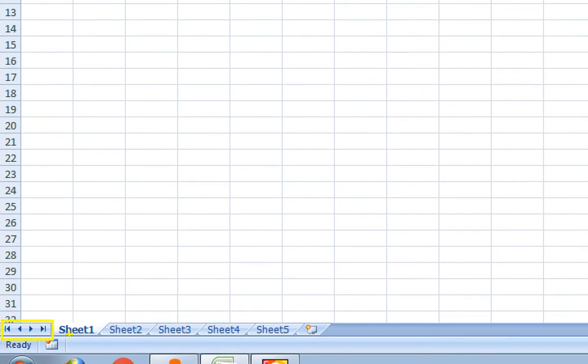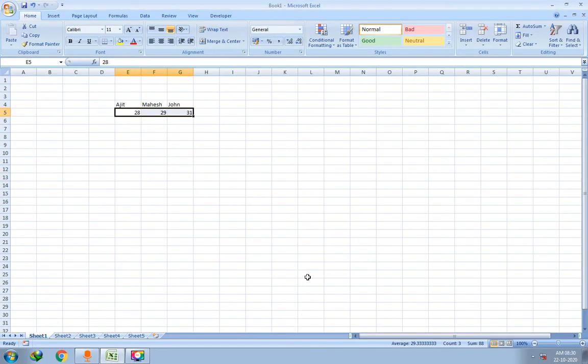I think it is because of the recording demo. When I stop the recording, you may try this. When you click this button, control should come to the previous worksheet, and when you click on this button, the control should go to the next worksheet, right? I think this is not happening because of the recording of the screen. Fine.